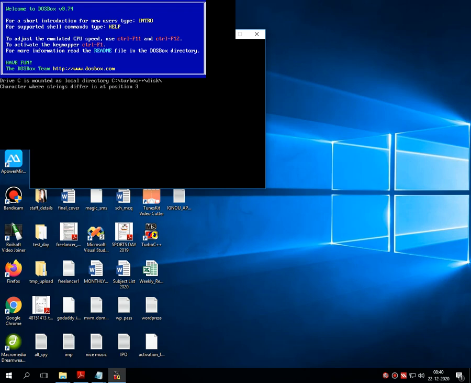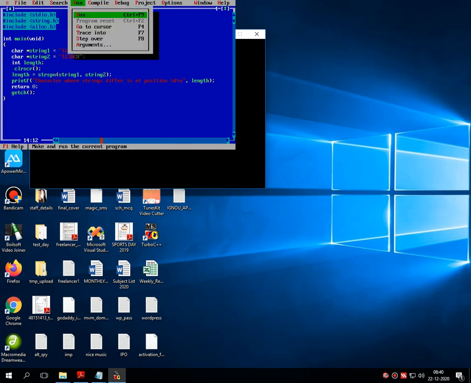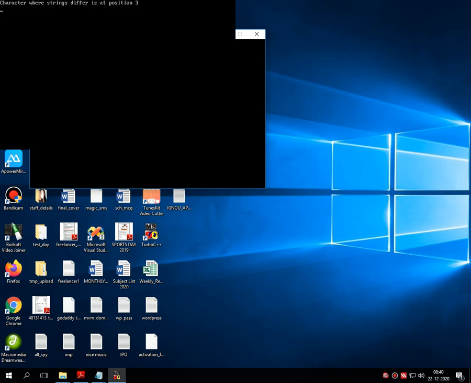The character where the strings differ is at position 3. For better visibility, here I am just adding a clrscr function and a getch function. The character where the strings differ is at position 3.